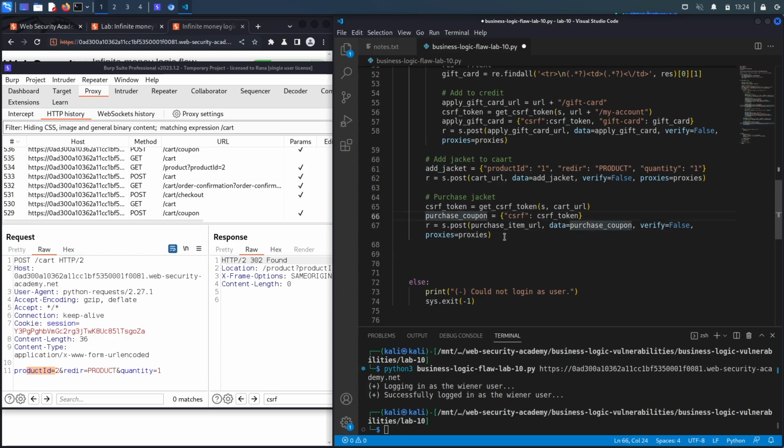So purchase coupon. And in this case, we're actually just purchasing the jacket just so that we don't confuse it. And that's defined over here. So it's stored in the session. You don't actually need to put it in this request over here. Verify is equal to false. Proxies is equal to proxies. This looks good. And then we're going to say if